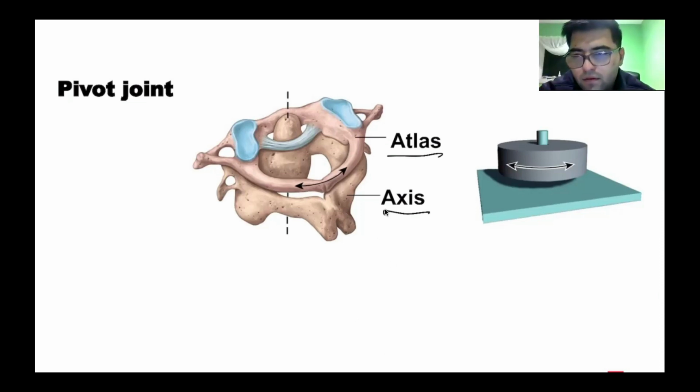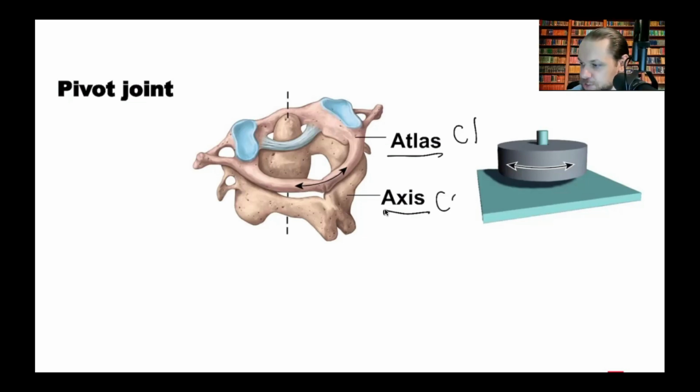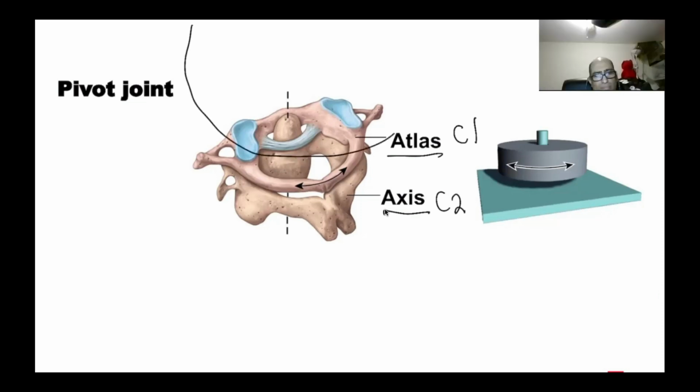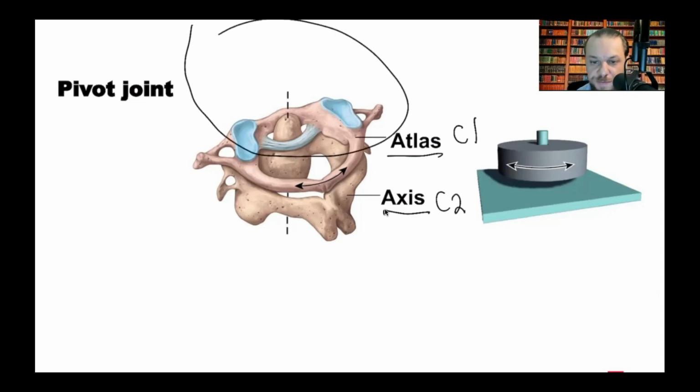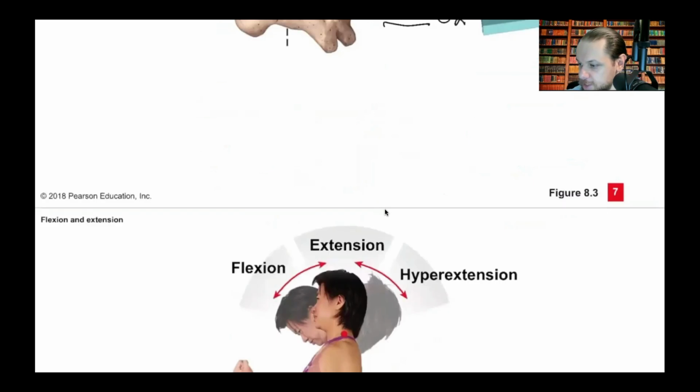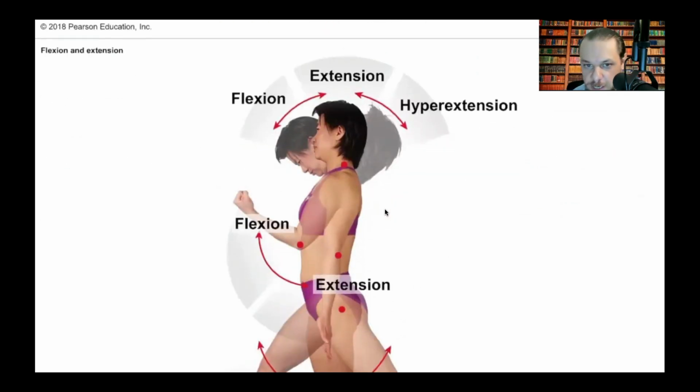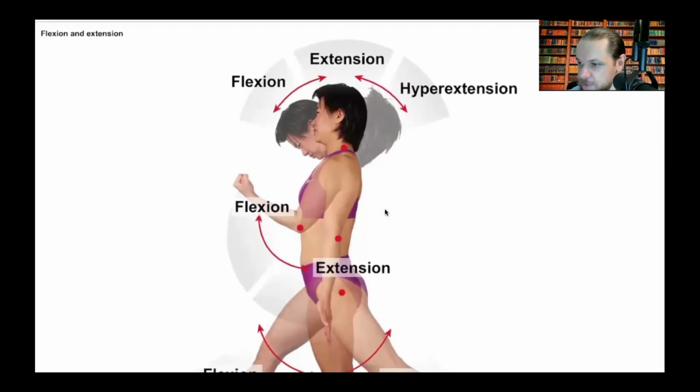C1, and axis was C2. We said Atlas was essentially holding the skull or the head in place here. Axis is for rotation. This becomes important again when we're going to do intubation, placing a patient in the sniffing position. And some other terms that you want to be familiar with that deal with the bones is